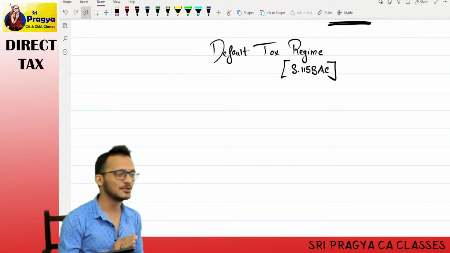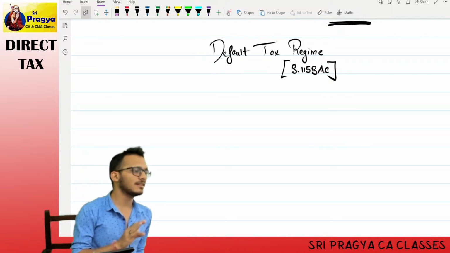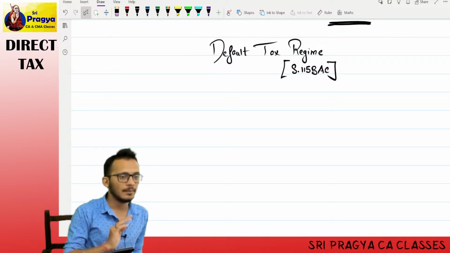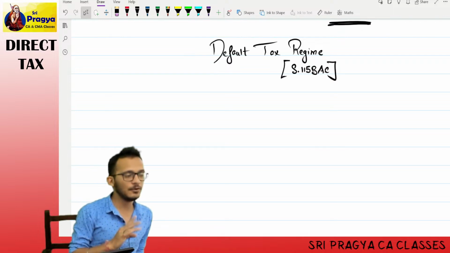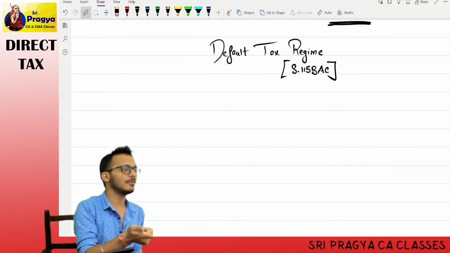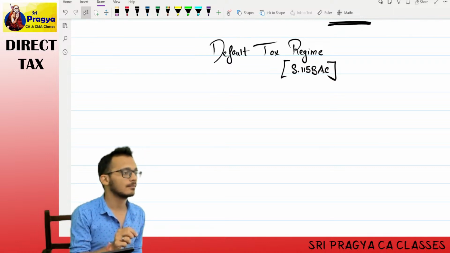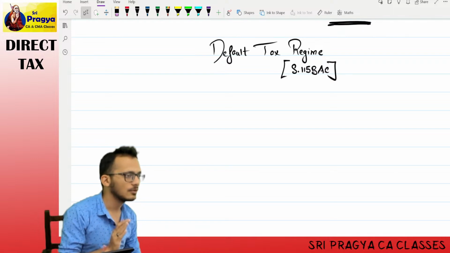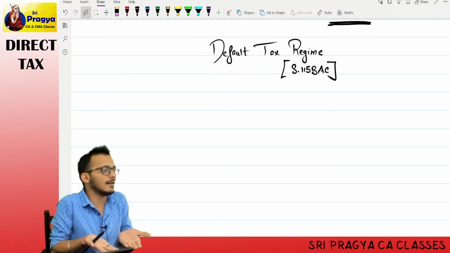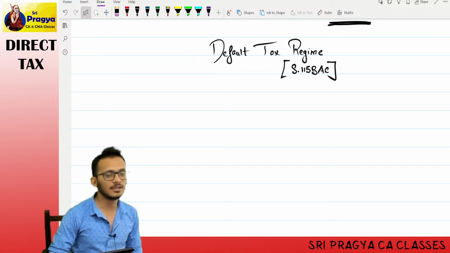Do you understand? There is some confusion, I know, it will become clear only at the end. Yes, right now the point is income tax came and said, if you go for alternate regime, your income will be lower but your tax will be higher. If you go for default regime, your income will be higher, tax will be lower. At this point of time, you now need to decide what you want. Logically, at the end of the day, people want lower tax. So what they will do? They will then check for both. Net, whichever has lower tax, they will take that. Yes or no? That is the fun of this regime.